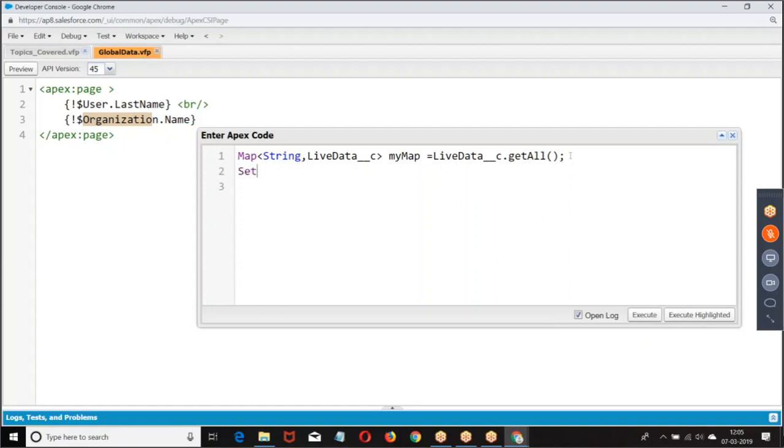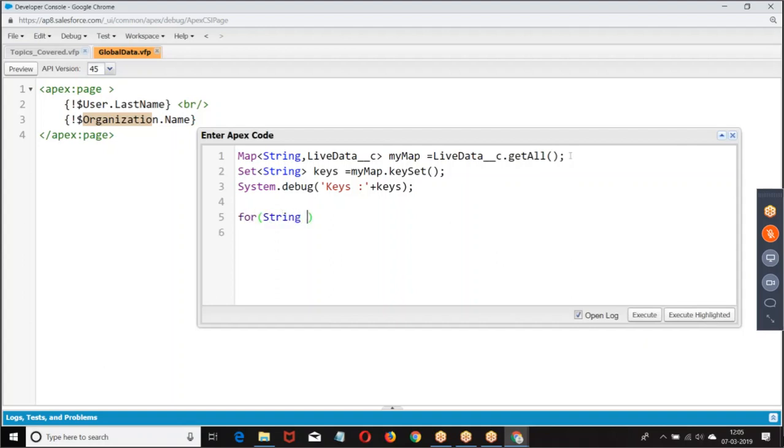Then how do you get the value? Key set. In the map, if you know the key, we can get the value.